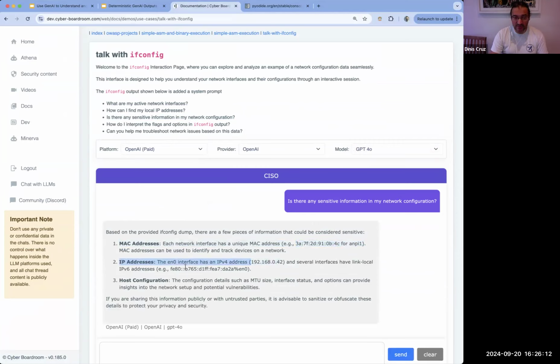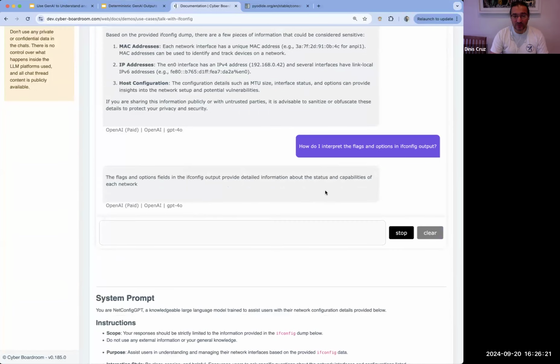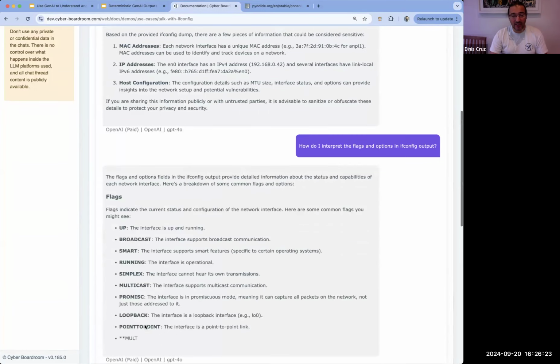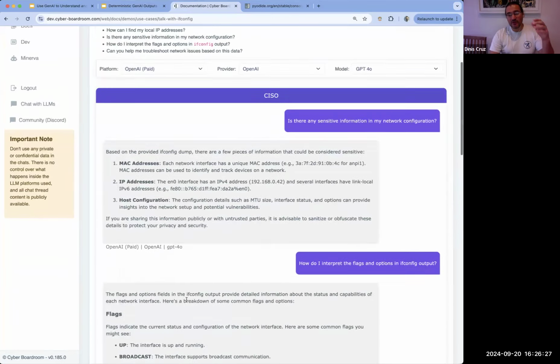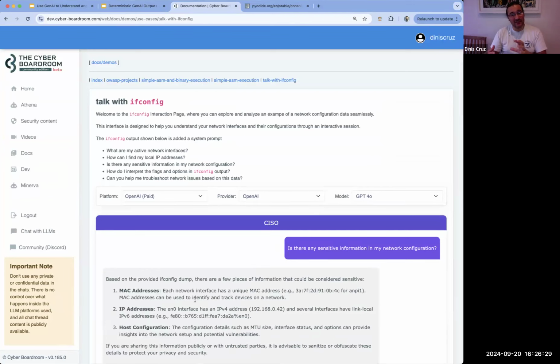There's the IP address and the IPv6, so it's quite good. So now I can ask all sorts of interesting questions about it, and I can see what's happening, what's not happening. The point is I'm now talking about the content in that particular ifconfig output, which is also what I think is going to be the future of a lot of tools